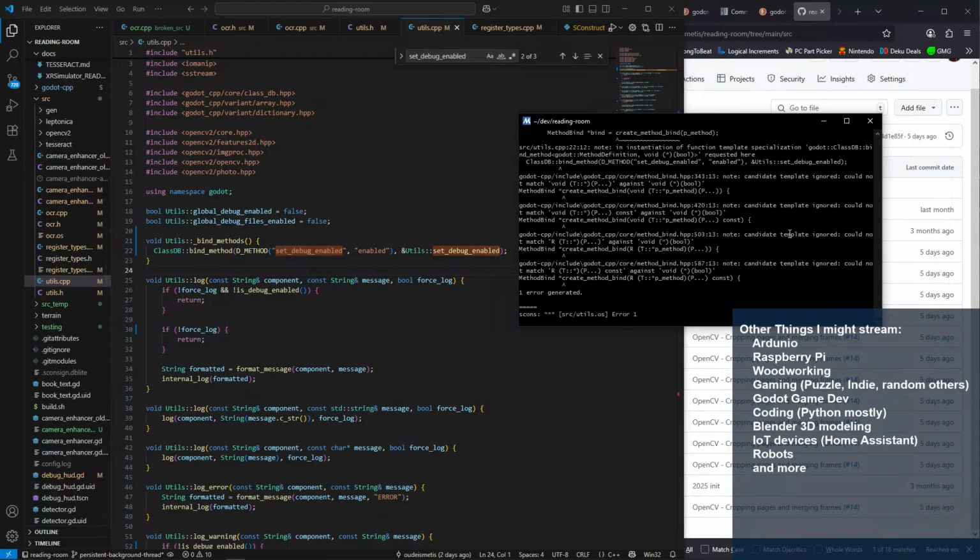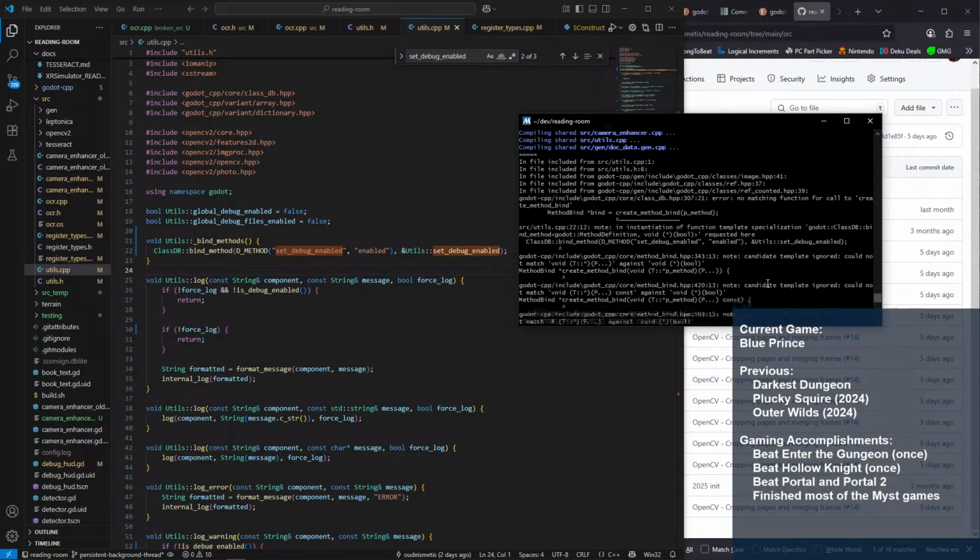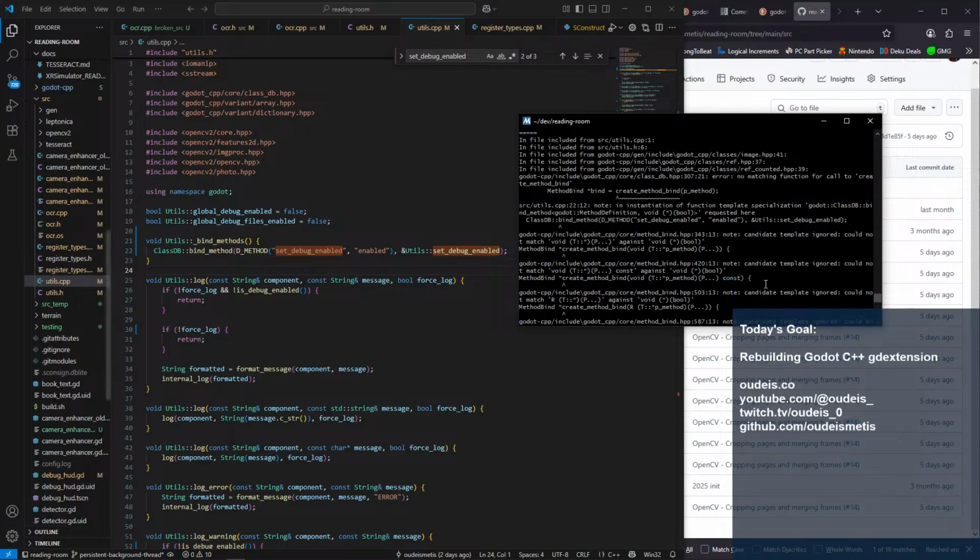Whoa. Utils.cpp, bind method, D method. Godot class method.